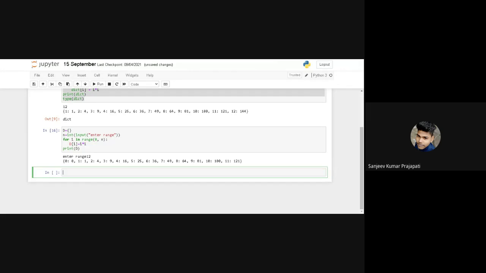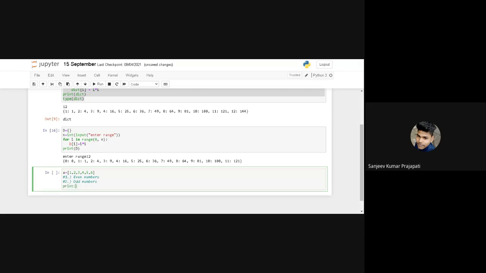create a list like a equal to 1, 2, 3, 4, 5, and 6, and divide it into two parts. Number one, even numbers, and number two, odd numbers.